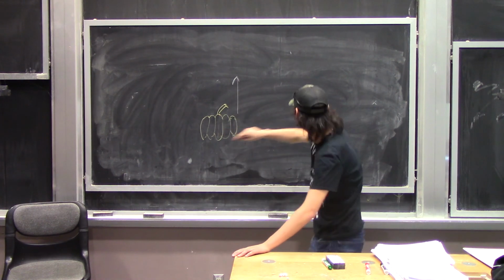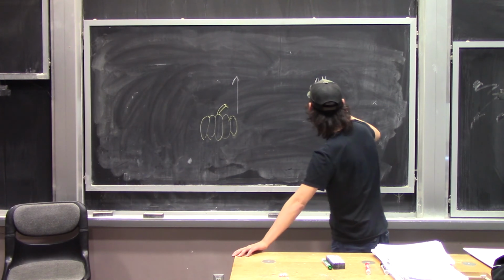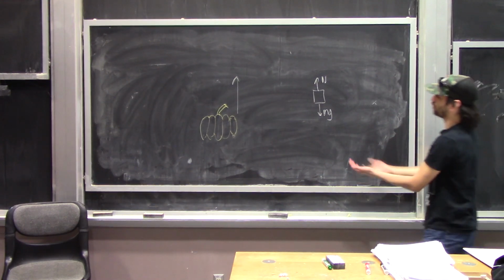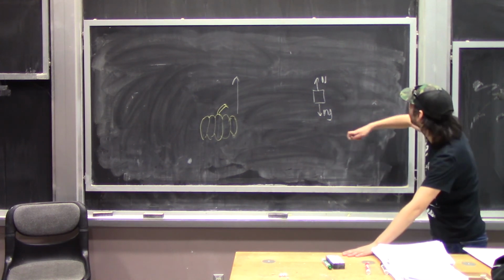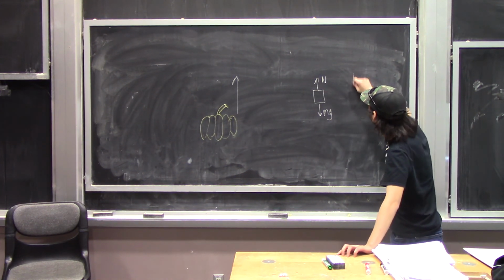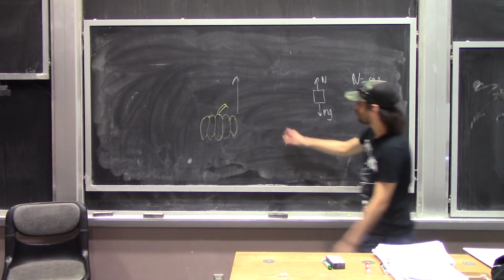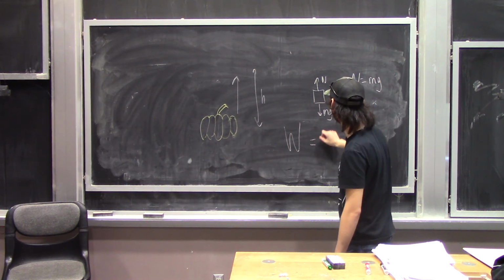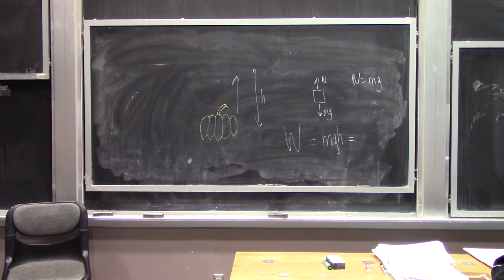So we want to take our pumpkin and we want to lift it up. Now, in order to treat this, what we can do is take our pumpkin and treat it like a free body diagram. Really, the force that we're applying is going to be the normal force. But if we're lifting this at some constant velocity, then the sum of the forces is 0, and so the normal force is equal to the force of gravity. As we lift this height, which we can call h, the work that we do is going to be equal to mg times the height. And so we can plug in the values for this mgh, and that's going to end up being